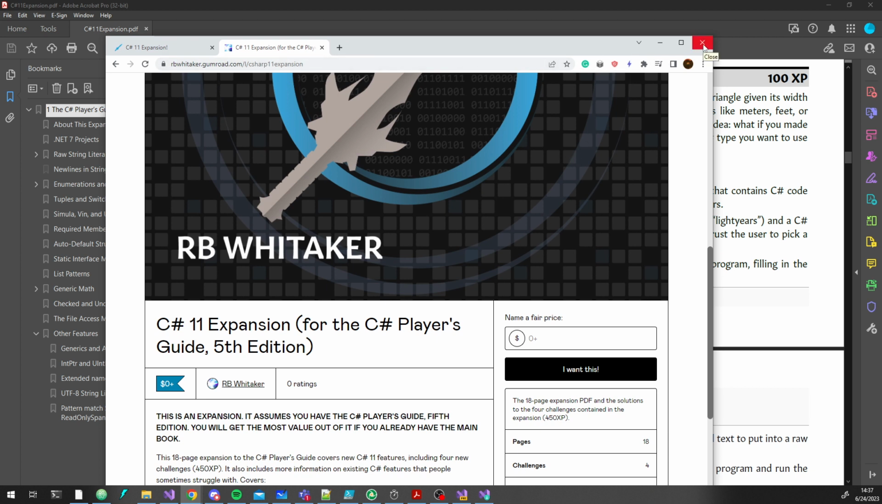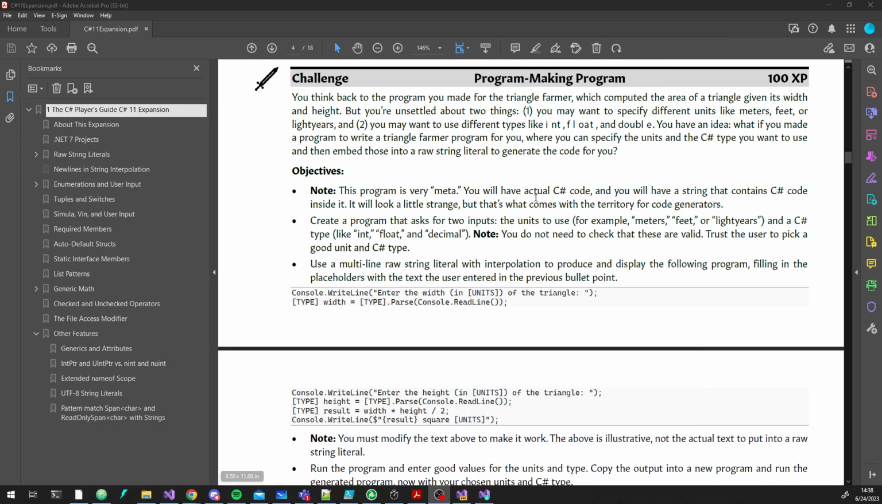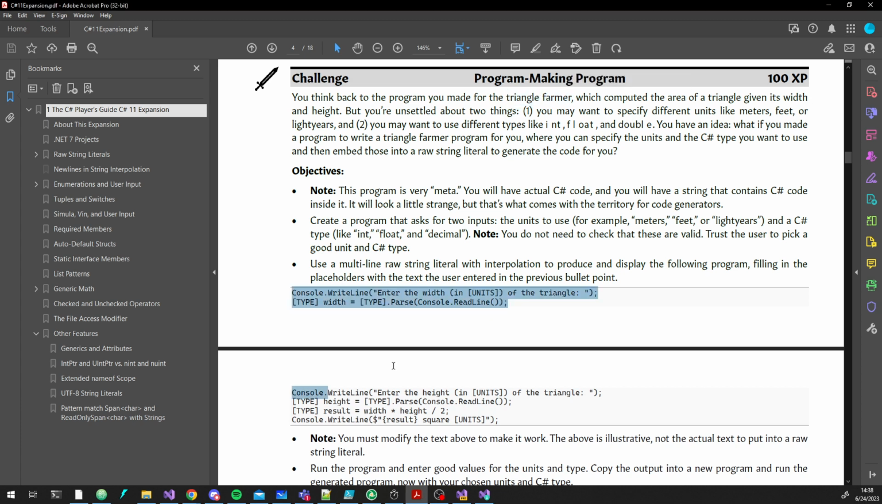So this program making program challenge, let's just dive into this. The idea is we've already done this triangle farmer challenge, and this is more or less what that is. From a minimalistic standpoint, this is all it needs to be: enter in the width and then enter in the height. And then I'm going to do this little bit of math right here. What we want to do here